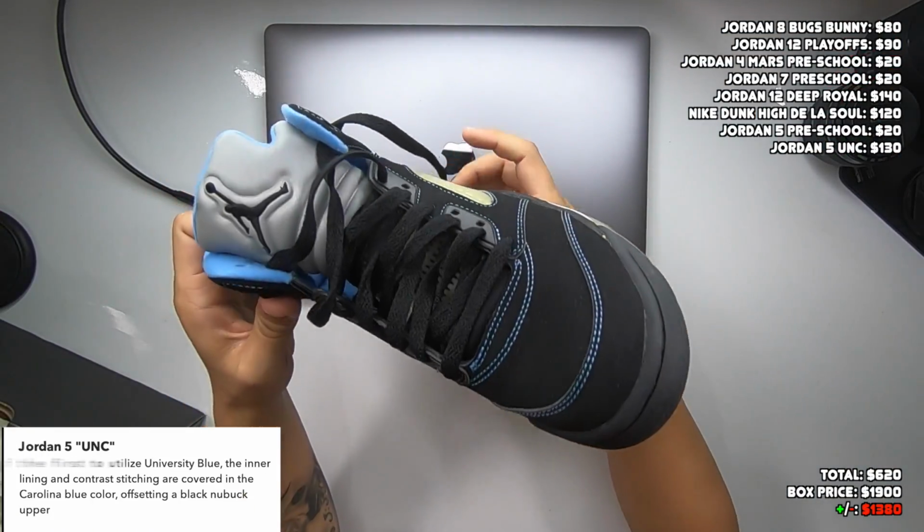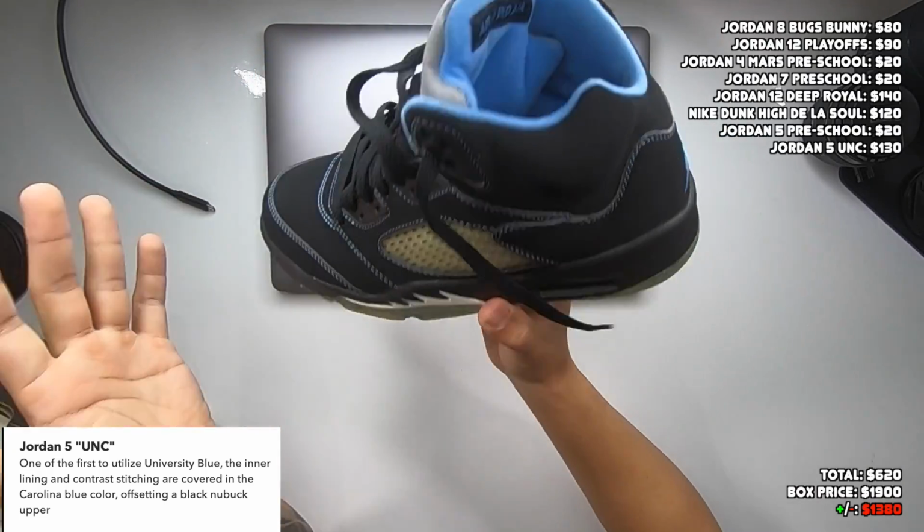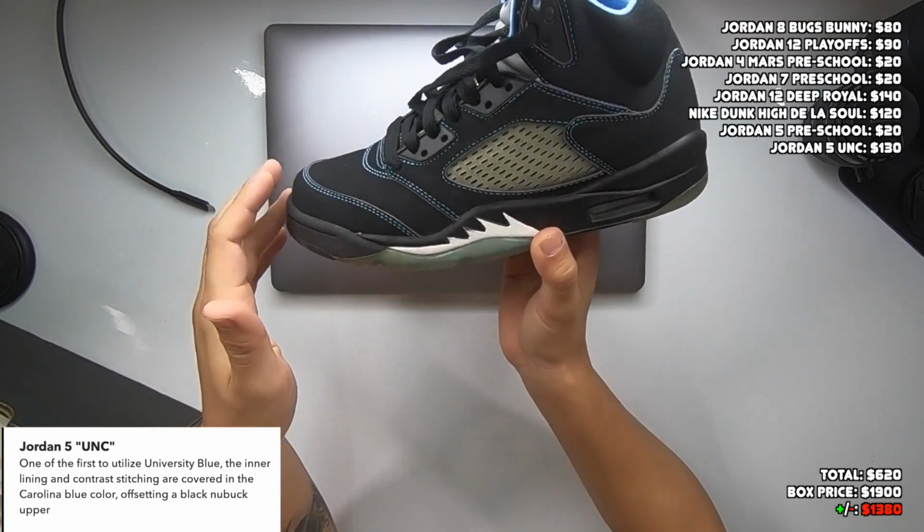Don't know what this shoe is. Blue and black Jordan 5. I really don't know, man. This is a 2006 model too, so again, way before I was collecting Jordans and stuff. If you guys know what the name of this one is, hit it up in the comments below though,